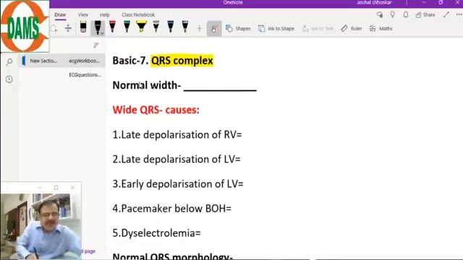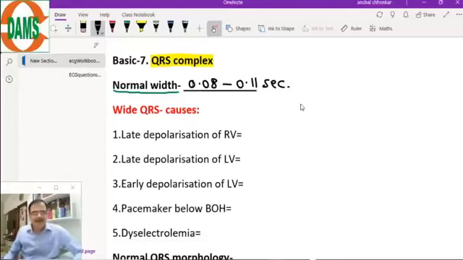So starting with the first one, normal width of QRS complex. Normal things. So the normal width ranges from 0.08 to 0.11 second. 0.08 to 0.11 second is the normal width. So this is a very short width. This is due to